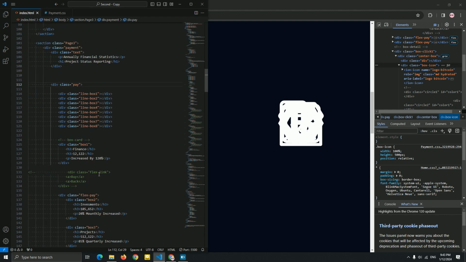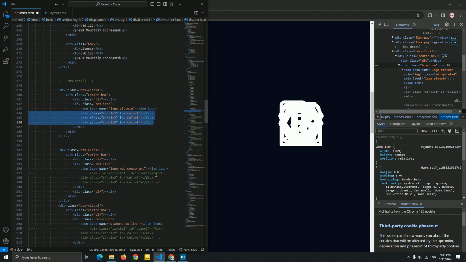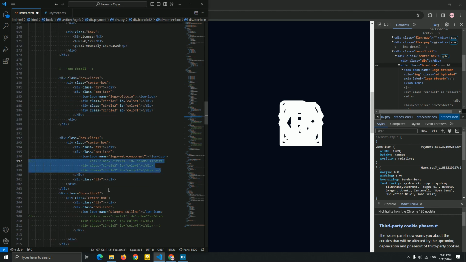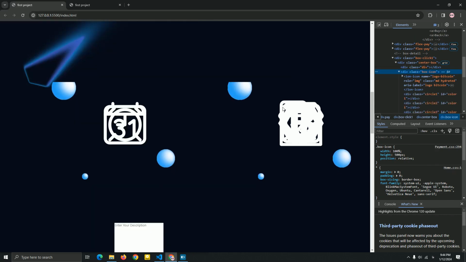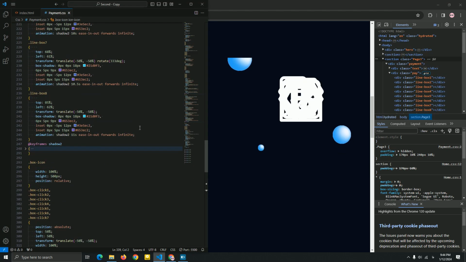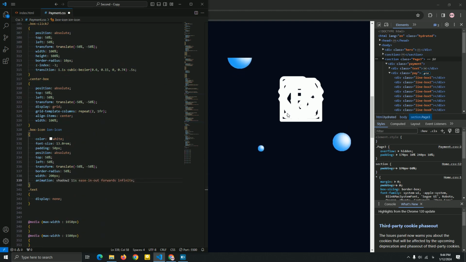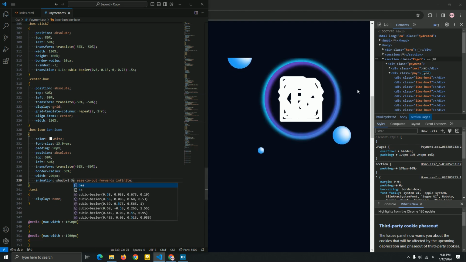Now let me just turn on this circle that we just added a comment for. Turn it on for everyone, we just created right now, guys, and add the animation of the shadow 2 here for this box icon to get a beautiful, let's be 5 seconds. You can see we get this animation for now.